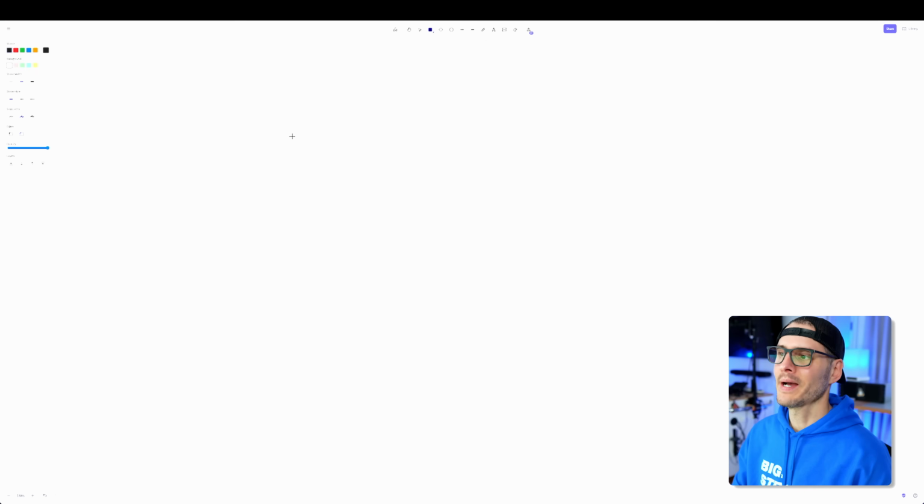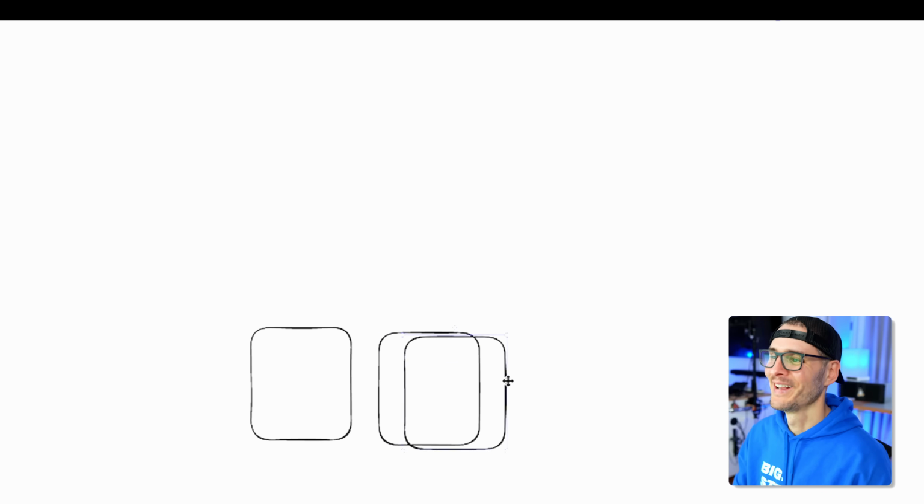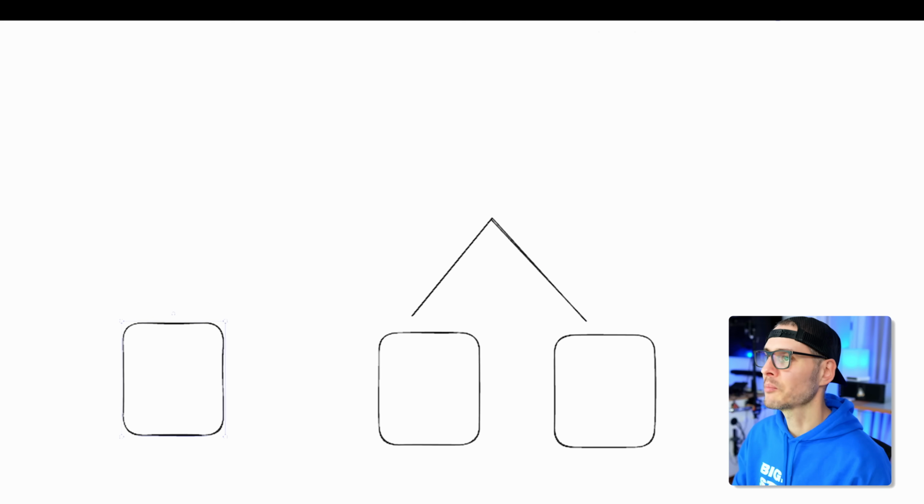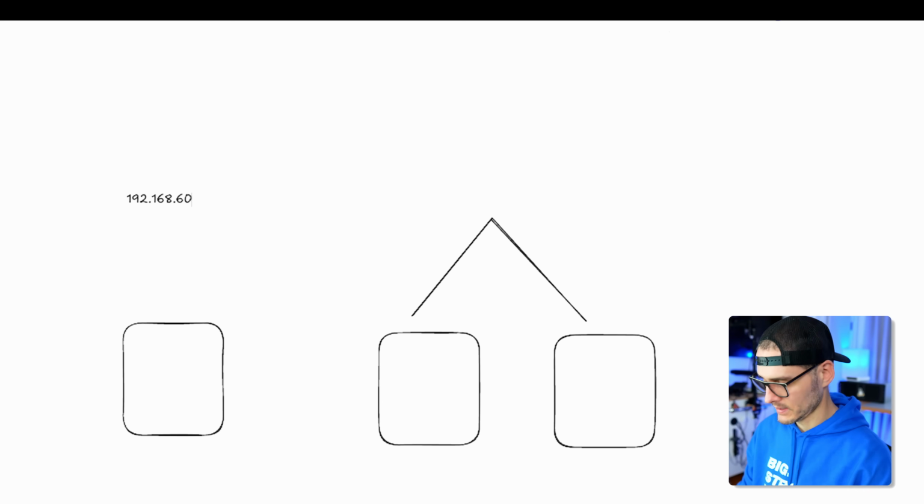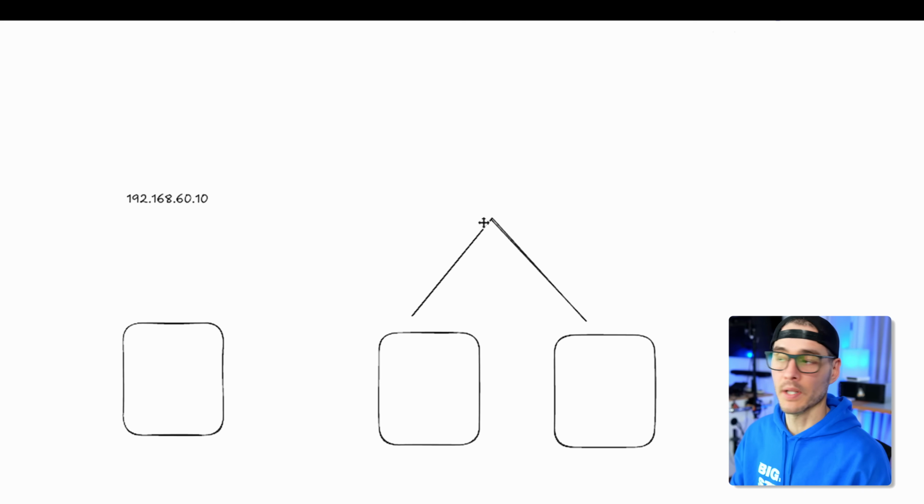And so the way that I have my DNS set up, I have three DNS systems here at home. So I have DNS1, DNS2, and DNS3. And then I use Keepalived to create a virtual IP for my second DNS. It's a little wild, but there's a method to my madness. So if you look at it, think of this like this is my primary DNS, 192.168.60.10. And then the VIP that Keepalived creates is my second DNS that I hand out in my DHCP scope.